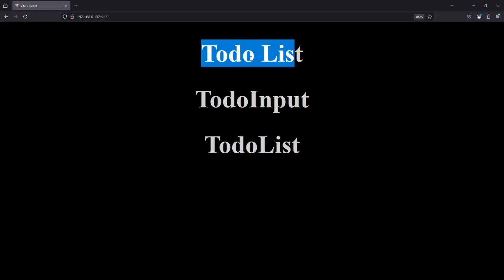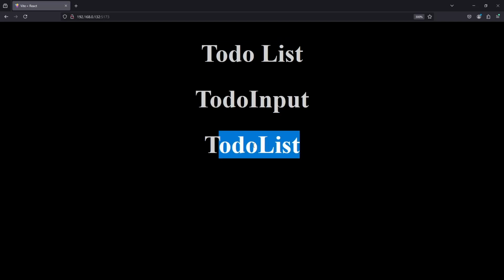And here we see the to-do list with the space as we defined it in the app, and the to-do input and the to-do list components are here, because the text inside them is showing up where we expect it to be. So now we can start replacing each one of these components with something a little bit more